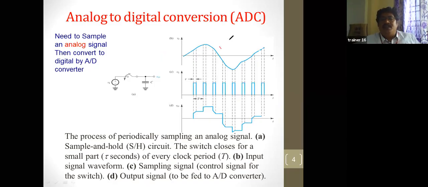This is the first analog signal, the analog input signal waveform. That is nothing but input here. It is analog to digital. That means the analog signal is the input, and the output is digital. So here the output signal is there. In between, the sampling signal is in this form. Now you got the point. Next we will go for